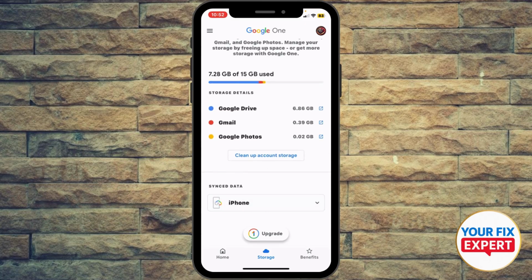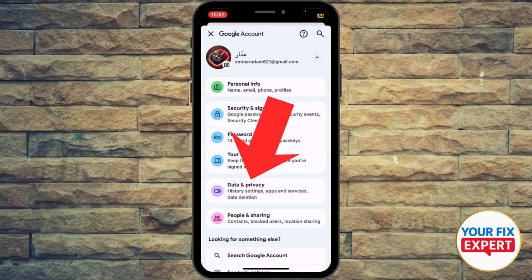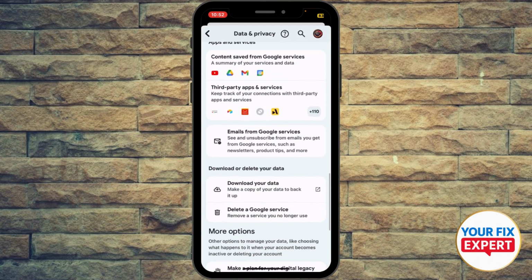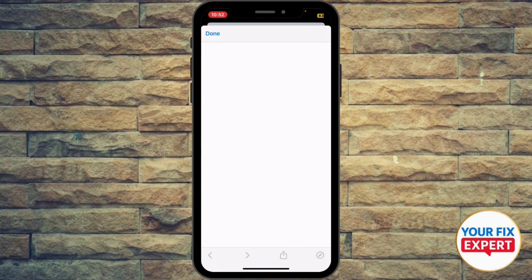If it didn't and you lost your data and you want to get it back, you can just hit your profile icon at the top right, hit manage your Google account under your email, and you're going to find data and privacy. Just press it, scroll a little bit down, and you're going to find the button that says download your data. You're going to press download your data, right? And you're going to get a copy of your data, like messages and everything, basically,